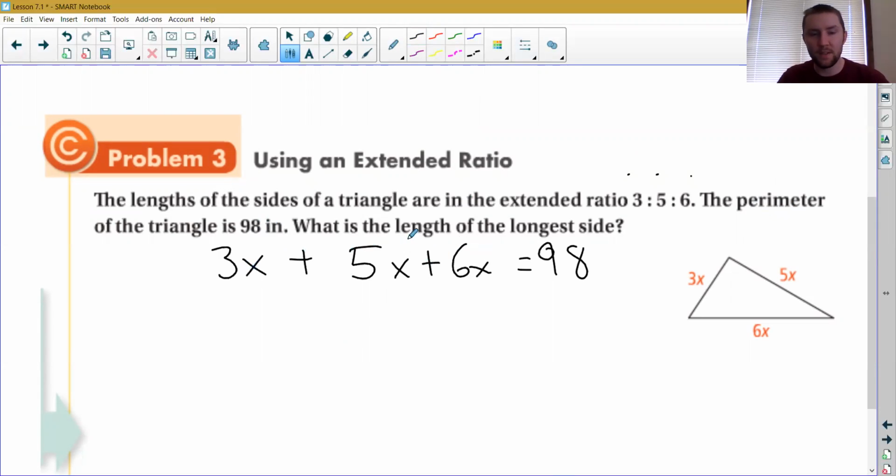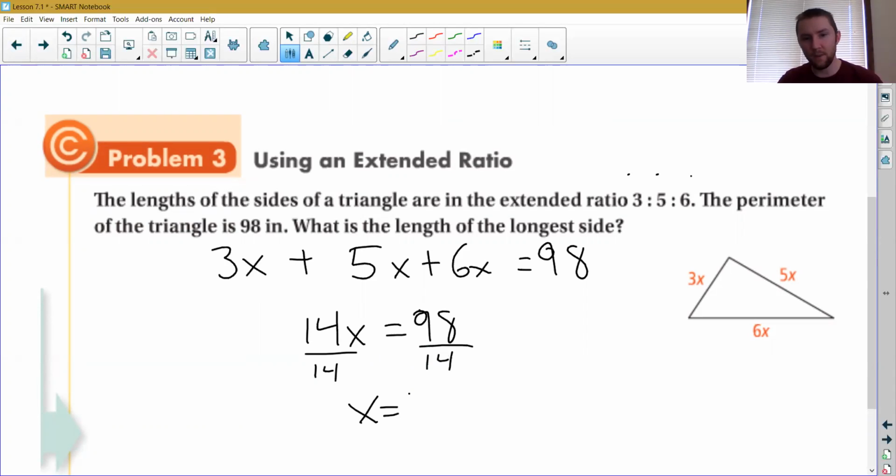3 plus 5 plus 6 makes 14x equals 98. If I divide away the 14, I believe I get x equals 7. Okay, x equals 7. 7 times 14, 17, 20. Yep, right. So x equals 7 is the answer to this equation, but it's not actually the answer to the